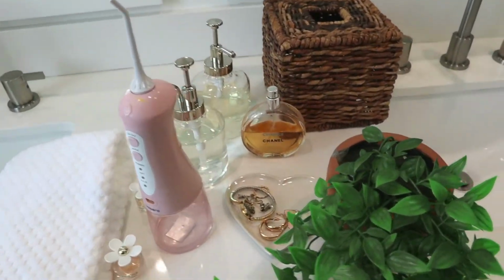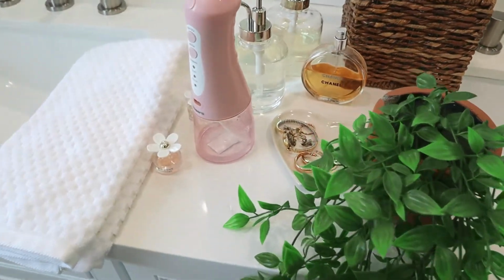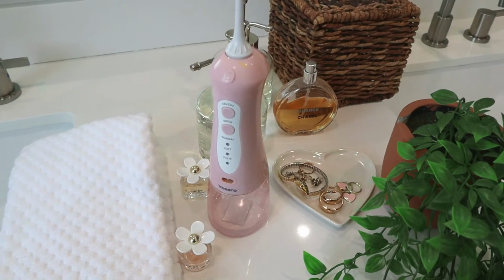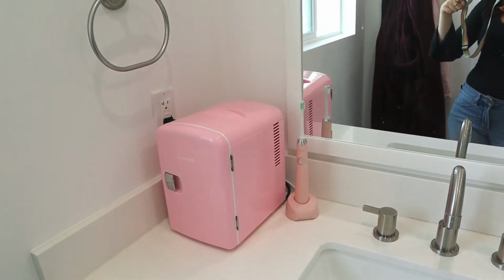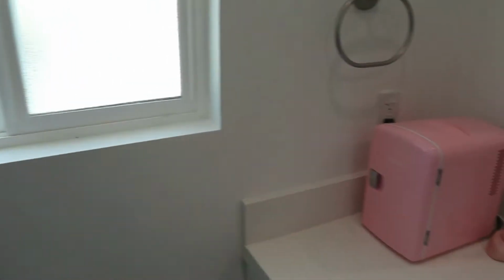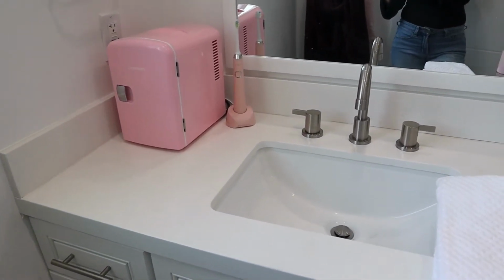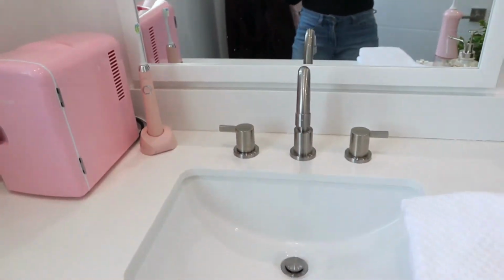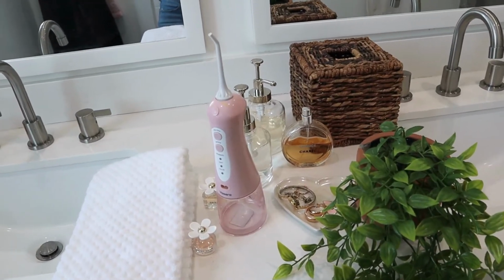Okay, so this is everything that I have for the bathroom. I'm kind of just doing a continuation of what I have in my room. I have my perfumes that I like, the bottles. Now, I ended up choosing this sink because there's an outlet right here and the windows right here, which is nice. My toothbrush and my fridge are both plugged in, so they needed to be by the outlet. Plus I do my hair, which obviously I need an outlet for. So we're going to put all of these items away where they need to go, and you guys can see